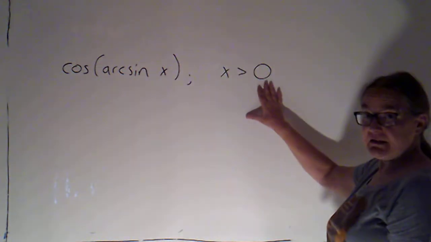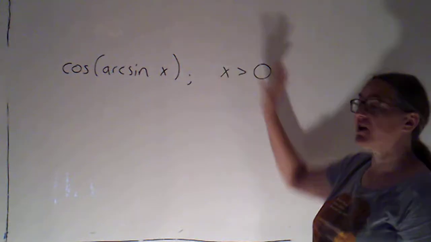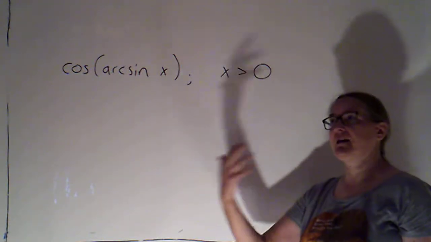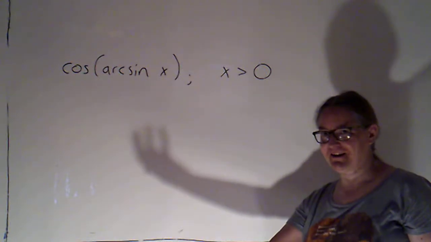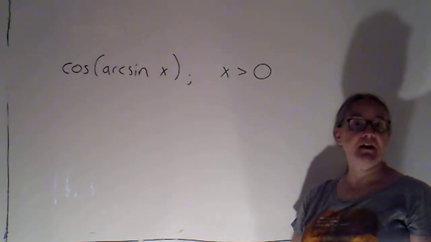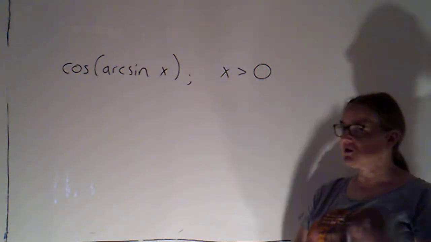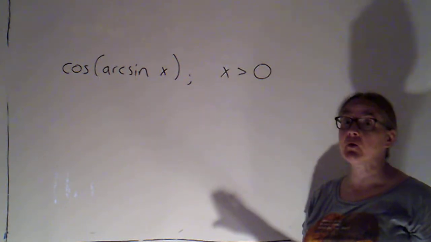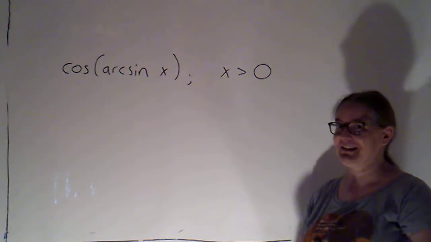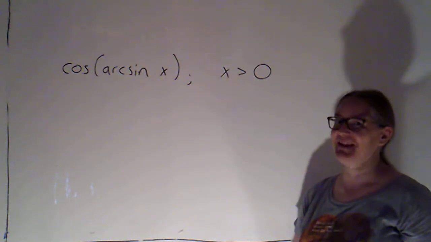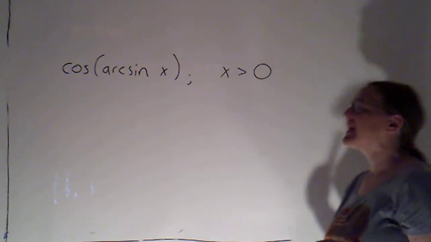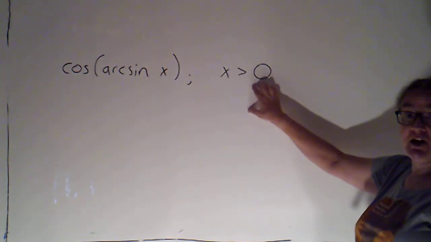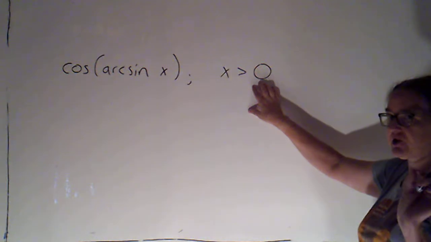If I didn't have this information, I'd have to do this by breaking it up into cases. Because I'd have to say case 1, what if x is positive? Case 2, what if x is negative? Now it turns out for this particular problem, I'm going to get the same answer either way. But I don't want to assume that, and we will see a case in which we don't get the same answer either way. So I will always give you that information,